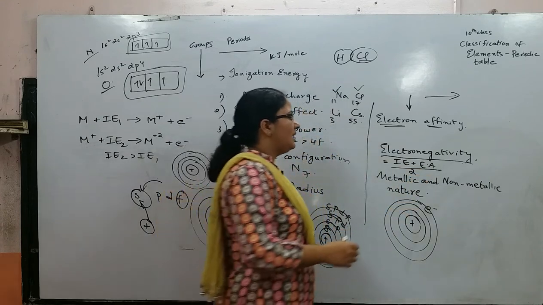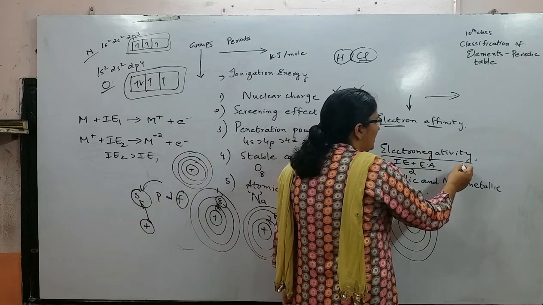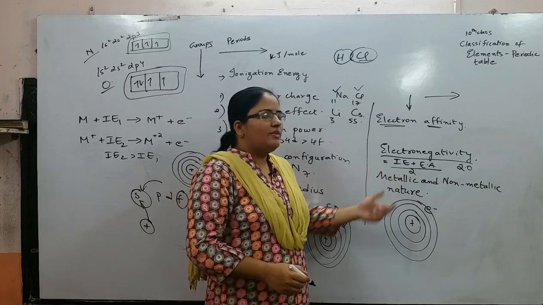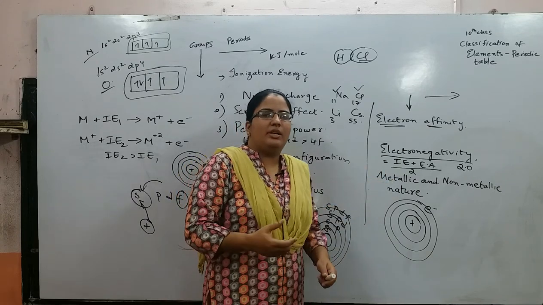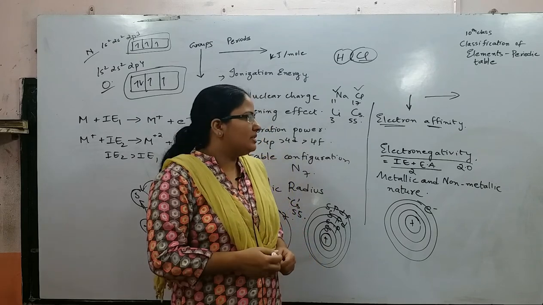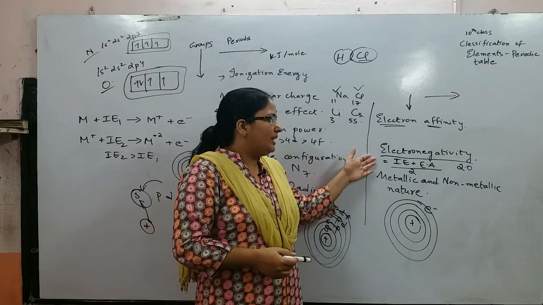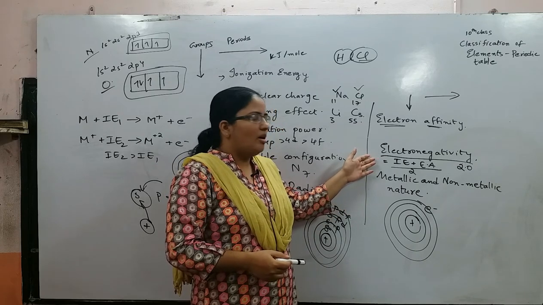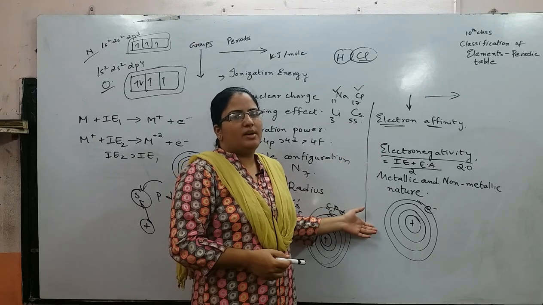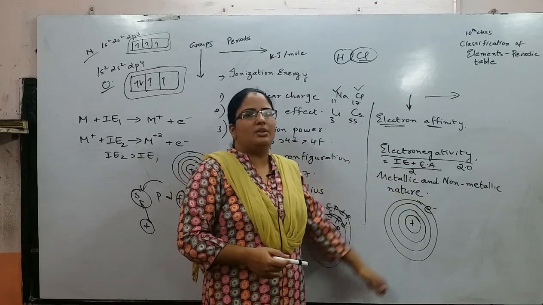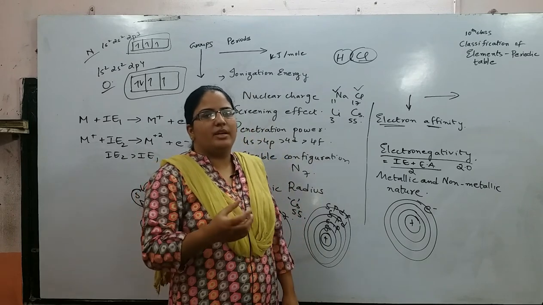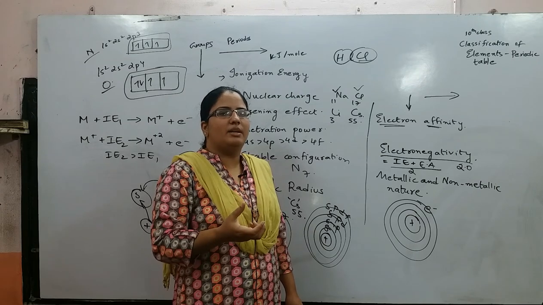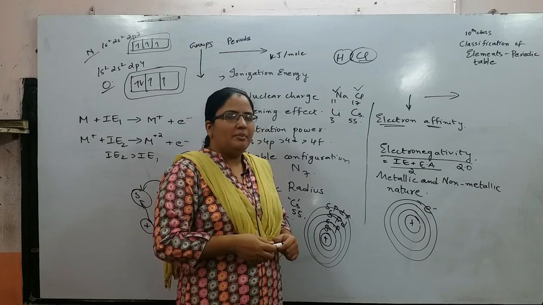Using this formula, he calculated the electronegativity value for hydrogen, that is, he gave it as 2.0. Based on this value, he even calculated the electronegativity values of some other elements. So that is about electronegativity. Down the group electronegativity value decreases. Across the period, electronegativity value increases because of the small size of the atoms. The electronegativity value increases across the period.